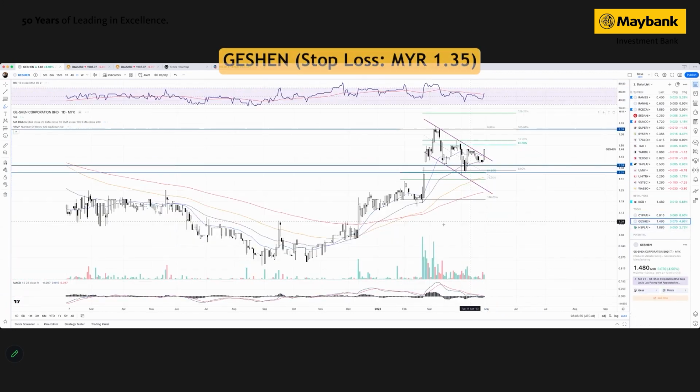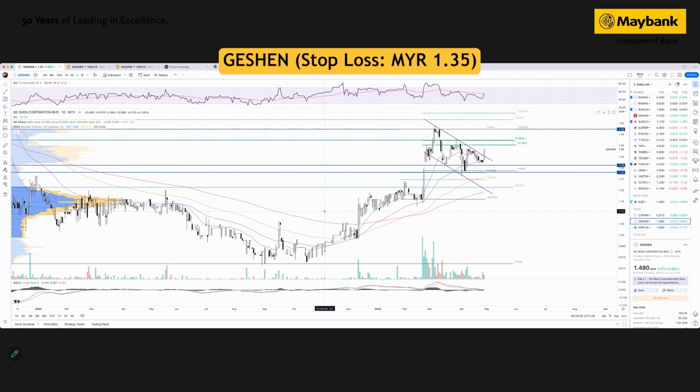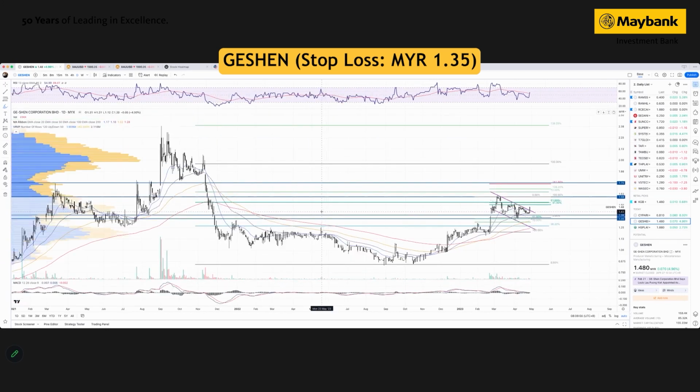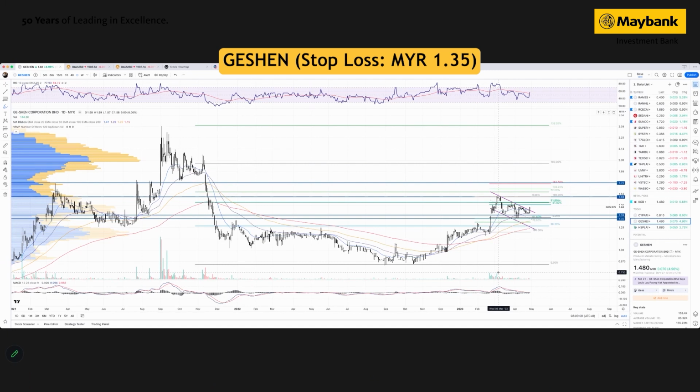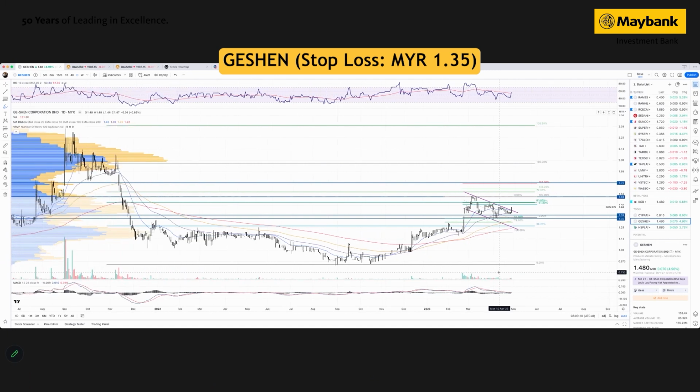Then we have Gashan Corporation. Despite the stock's trading volume being a little bit on the lighter side earlier, for the past 2 months it has significantly improved. Now, the thing is, the trend is on the upside, but you are seeing some sort of correction move